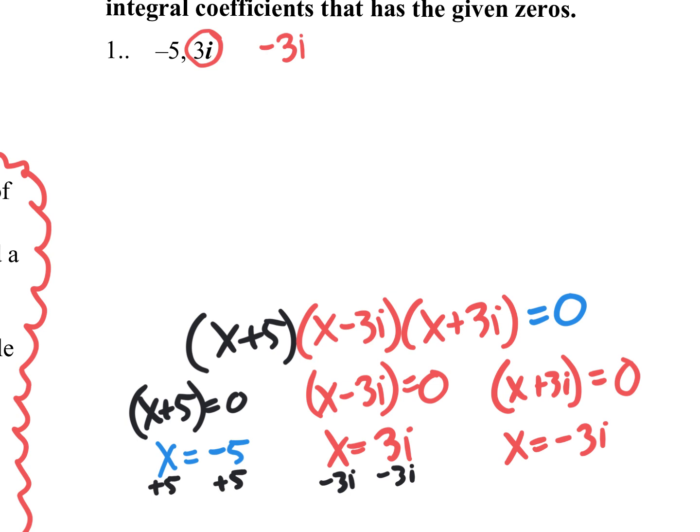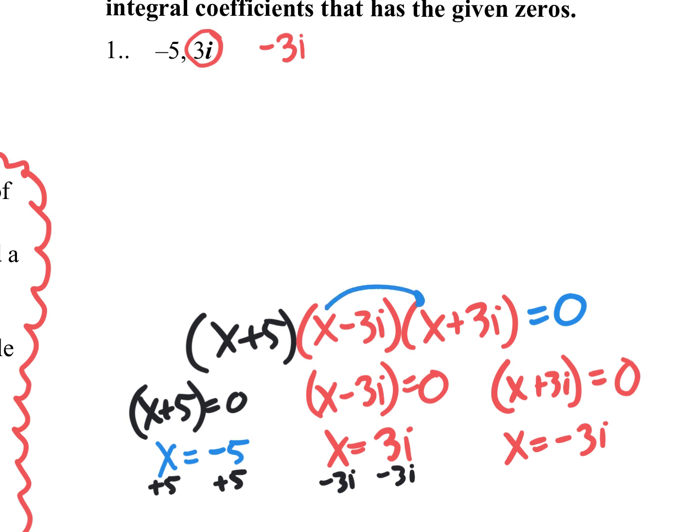Now, the trick is to start with your complex numbers and the complex conjugate. Start with those. Why? Because I hope we remember from semester 1 that when you multiply a complex number by its complex conjugate, the imaginary values disappear and it becomes nice and beautiful. So let's actually do that. Let's